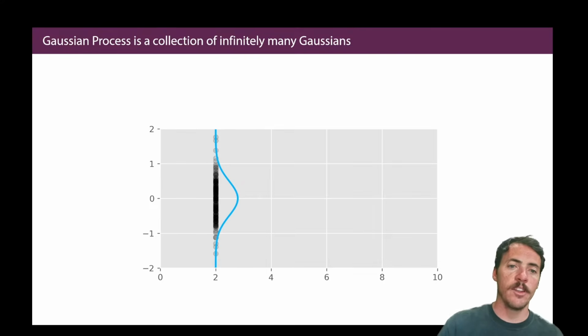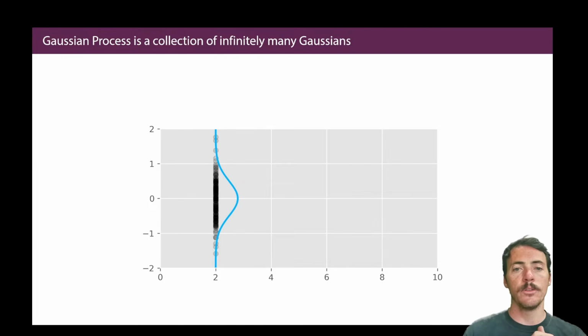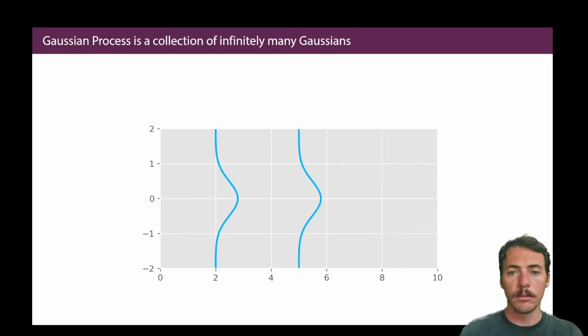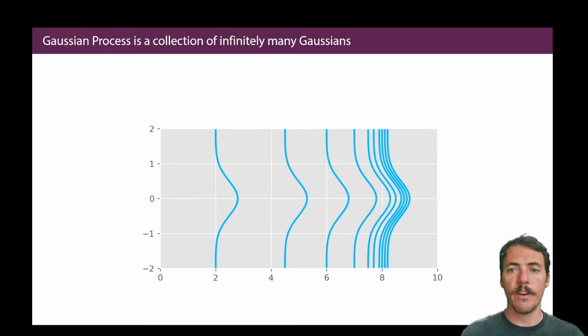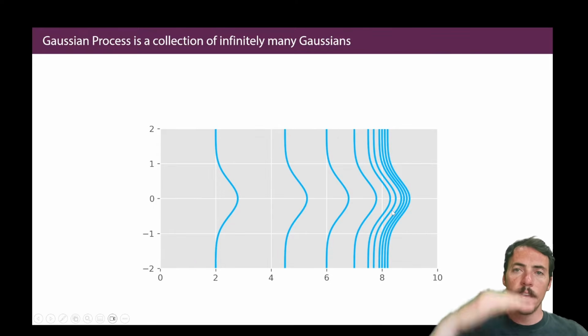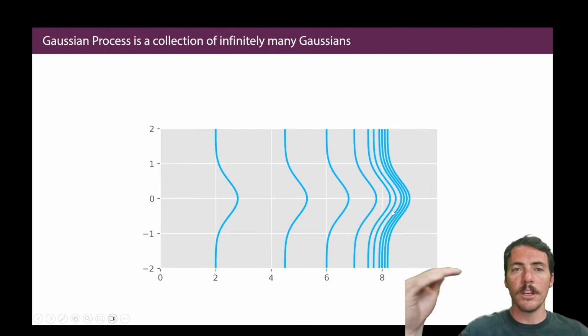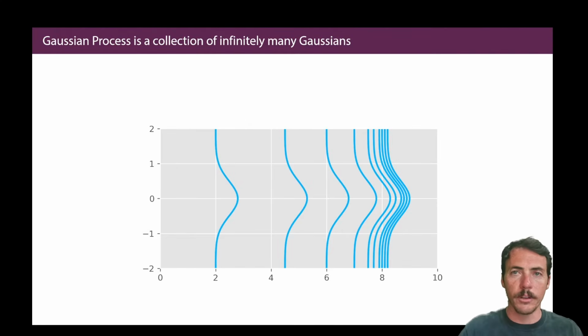And the idea is that this was all done at an x value of x equals 2, but you could also do it at x equals 5 and at all these other different values, right? And in this case, they all have the same marginalization, right? But that doesn't have to be the case. Even if they're the same underlying function, because you're drawing them randomly at each one of these different values, they're going to be a little bit unique every time you draw them because you draw randomly from the normal